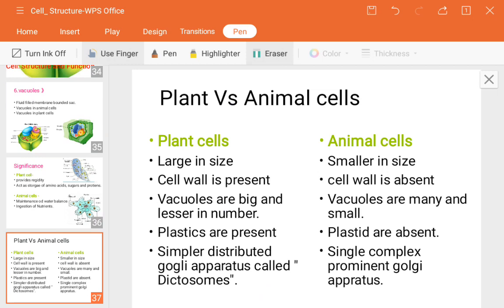In the case of cell wall, it is present in plant cells, but in animal cells, as we have studied, they have only a plasma membrane, because the cell wall is made up of chitin or cellulose. Cellulose is a very complex glucose polysaccharide molecule. Because of that, our body cannot digest it, is it? So that's why cellulose is not present in us, only the plasma membrane is present in all animal cells.